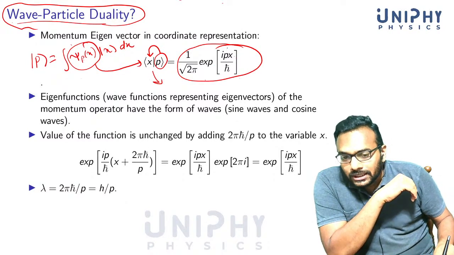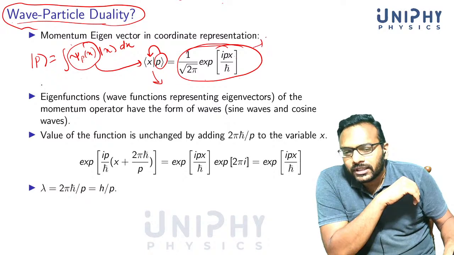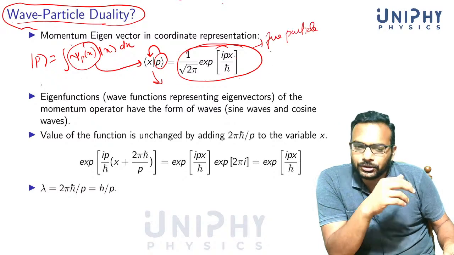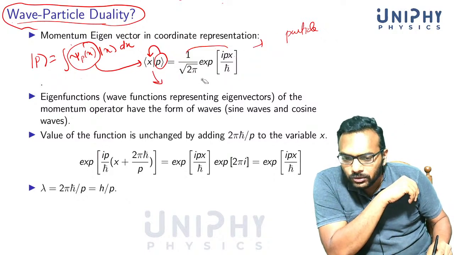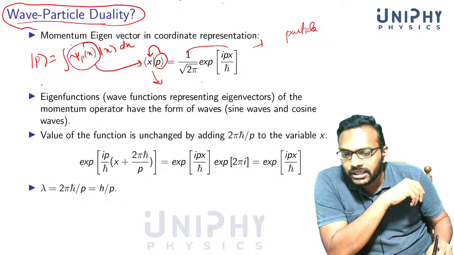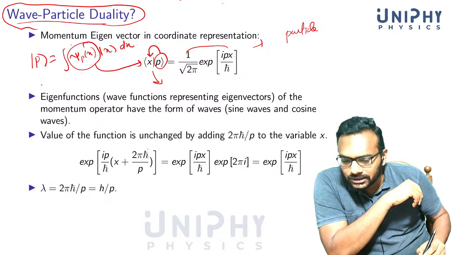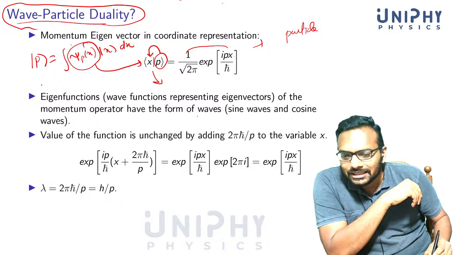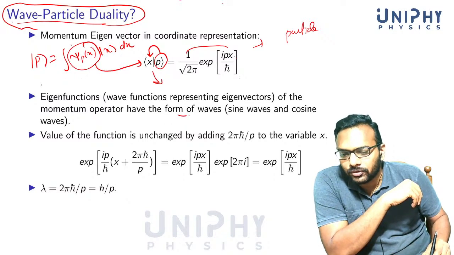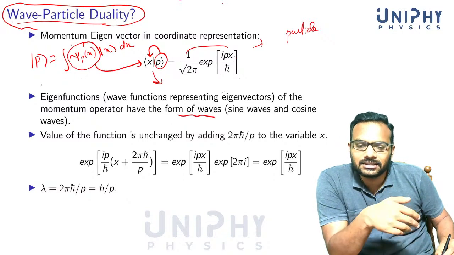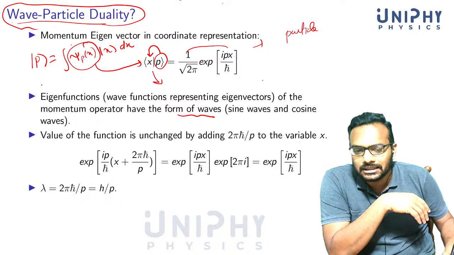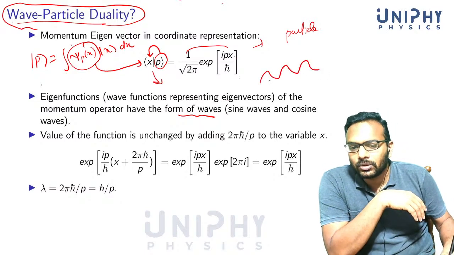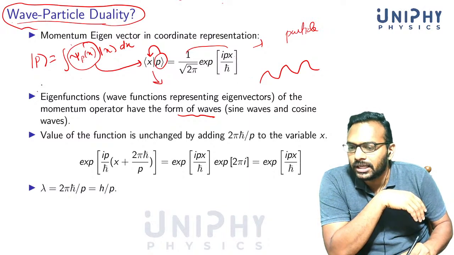Now if you look at this thing, this is also known as a free particle momentum eigenstate, a free particle solution. We won't go into the details there, but if you look at this momentum eigenvector in coordinate representation, you see that this looks like a wave. It has the form of waves. If you expand this, you get cos px by h cross plus i sin px by h cross, and this is a wave like this. If you draw only the real part, it's a plane wave.